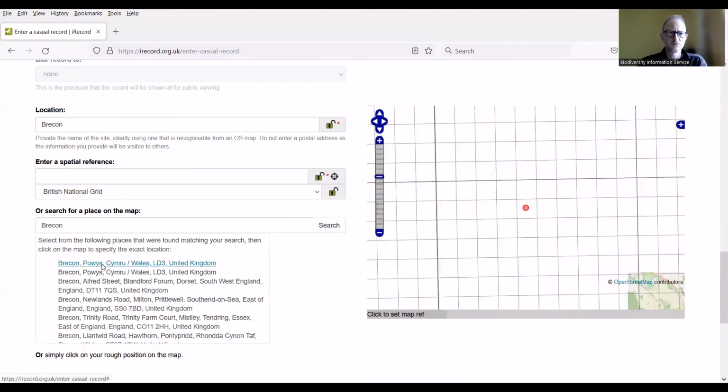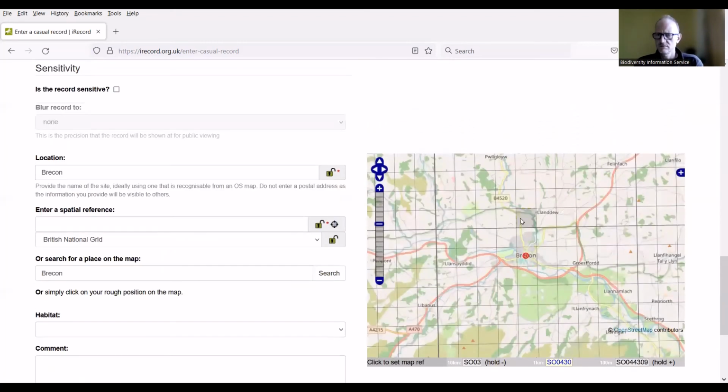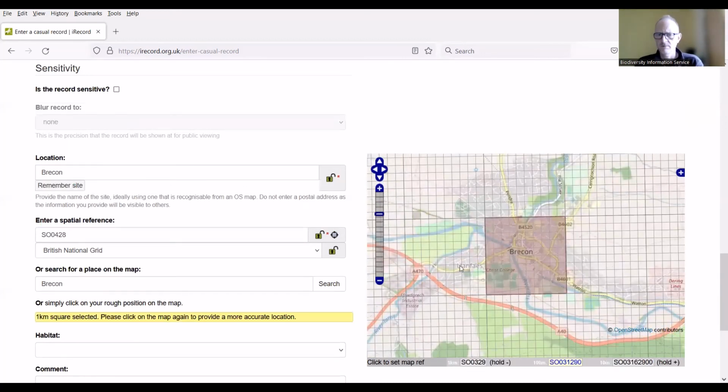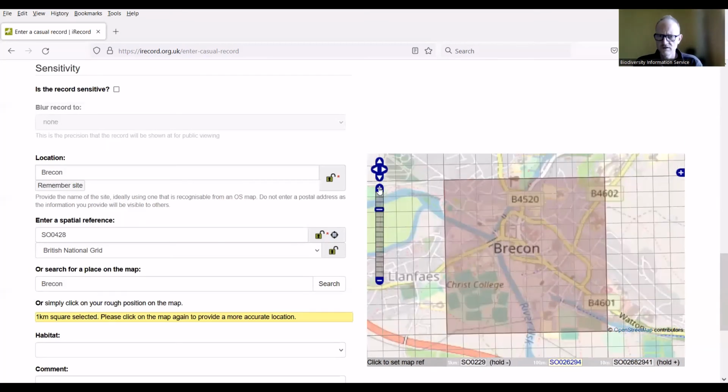Brecon in Powys, that's the one. And then I can use the plus or click on the map, and you need to use a plus minus scrolling out. So you can give quite a wide area if you like. This is a 100 by 100 meter square,